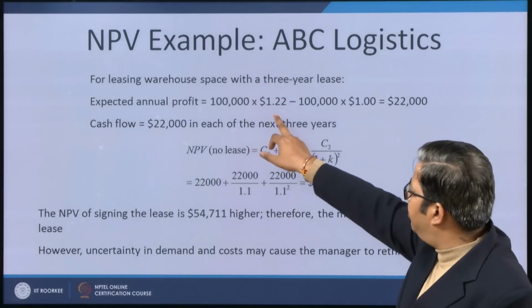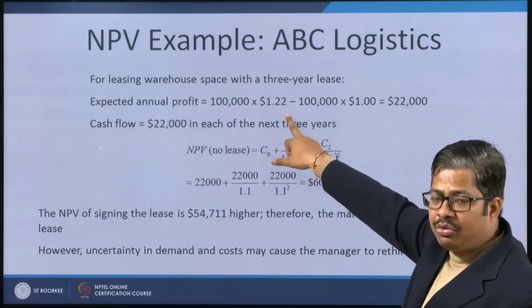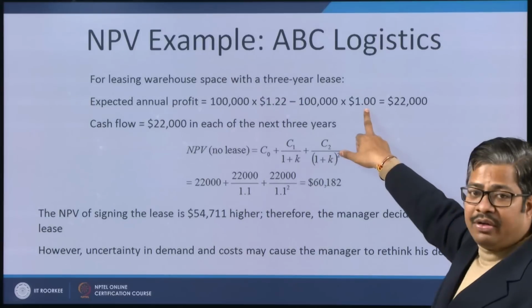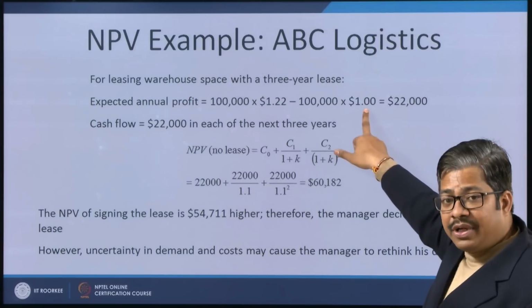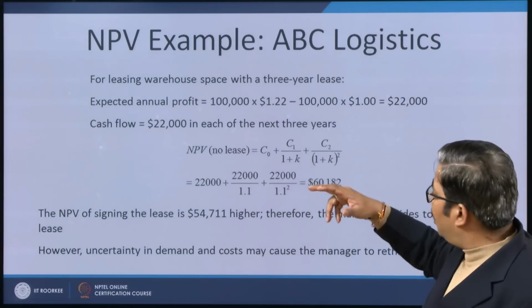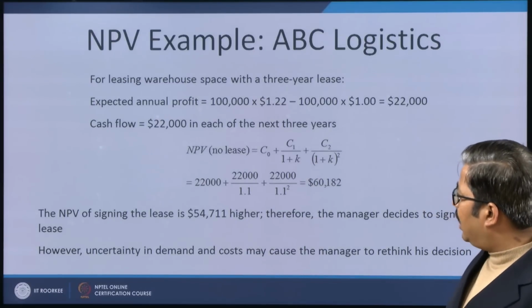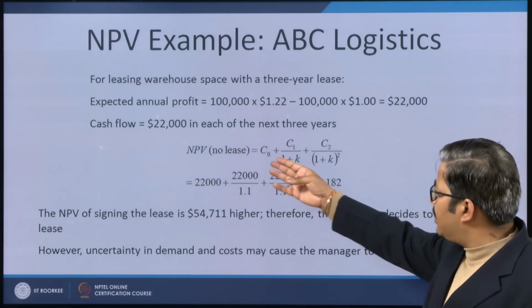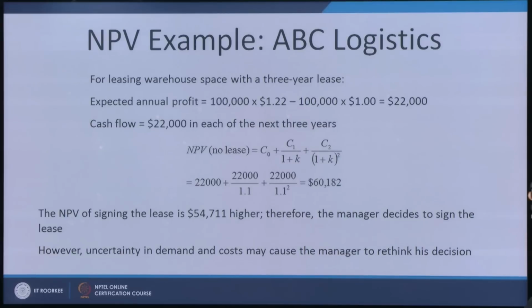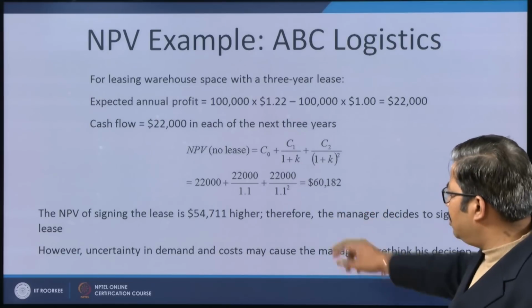Initially the rate is 1.22 and the rate of lease was $1 per square foot, and the annual profit was 22,000. And in this particular case the uncertainty was not there. So we were having very fixed cash flows, and this case gave us the NPV equals to